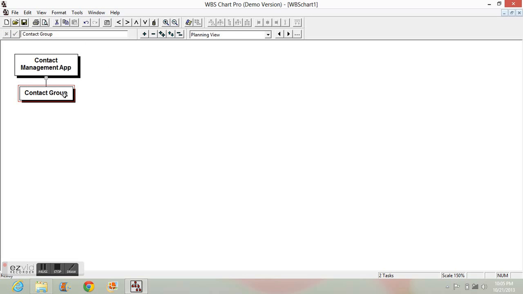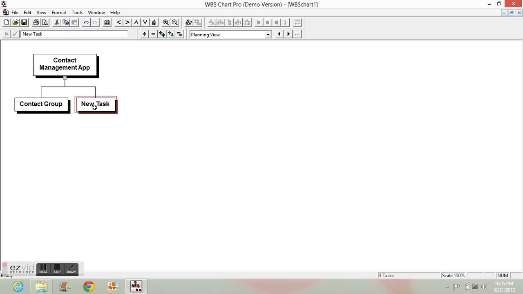To add a subtask under contact management app, instead of using the edit, I can use the insert task right button provided here, which will be added to the right of the contact group. A new task is added. I am giving it as reminder. Under the contact group,